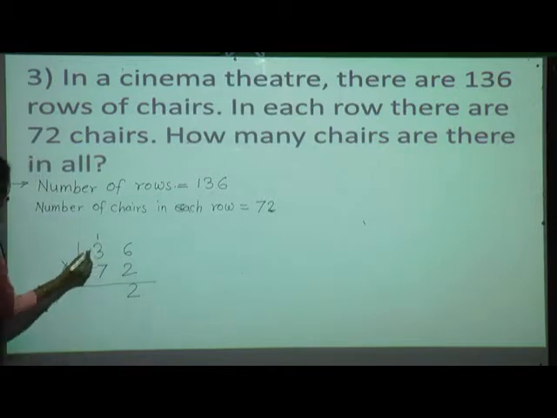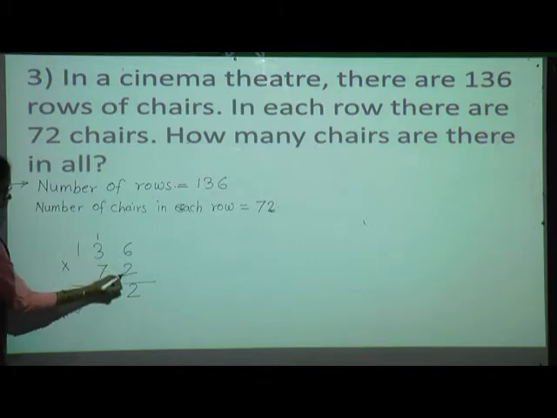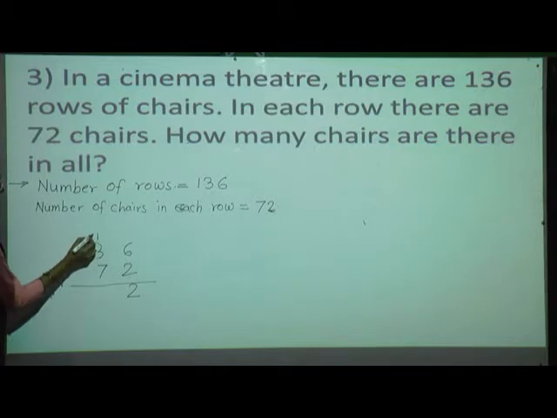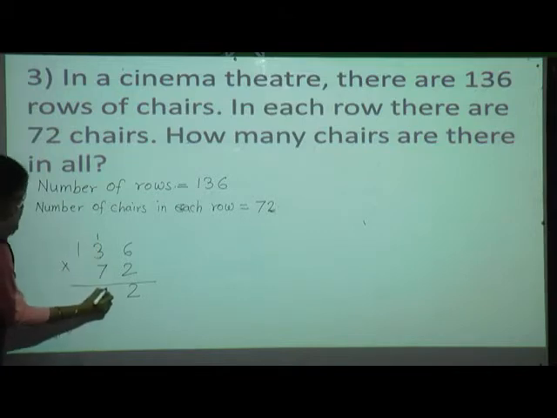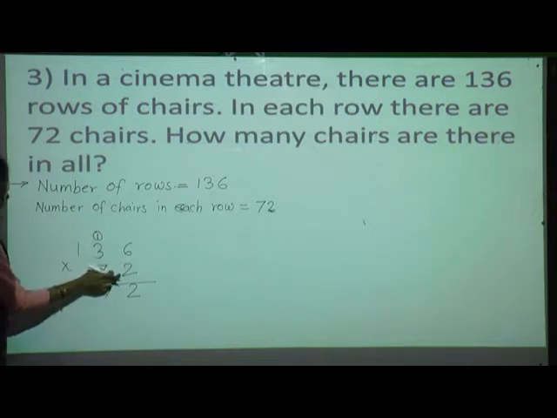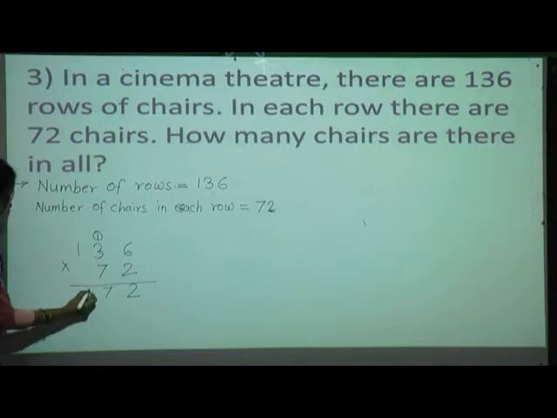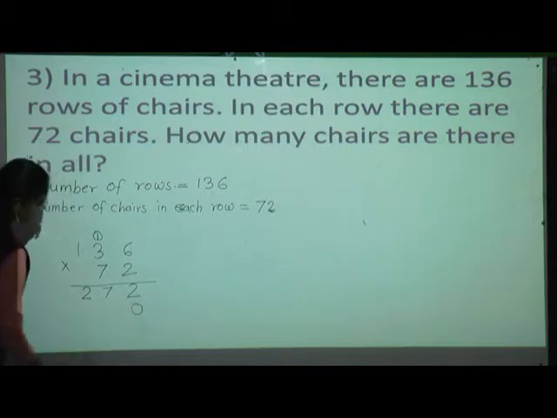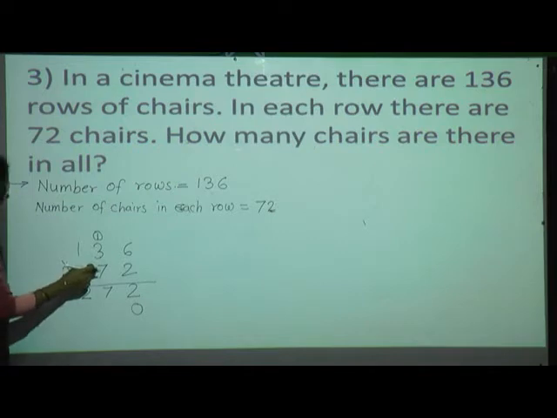Then see the tens place. Which number can you see here? Yes, here 3 is there. So 2 into 3, 2 threes are 6. 6 plus 1, 7. So write here 7 and circle this carry because we have added it now. Now 2 into 1. At the hundreds place here 1 is there. 2 ones are 2. Okay. Now what is the next step? Yes, in the next step we have to give a 0 here and then we will start from the next place. That is 136 into 70.